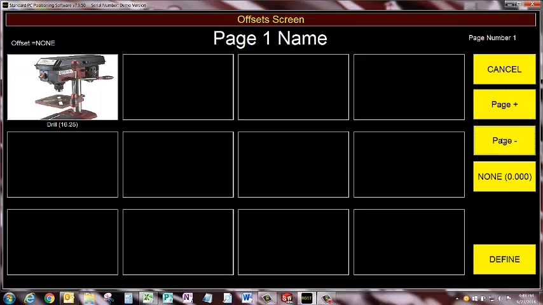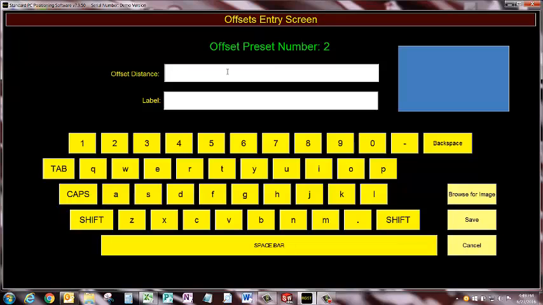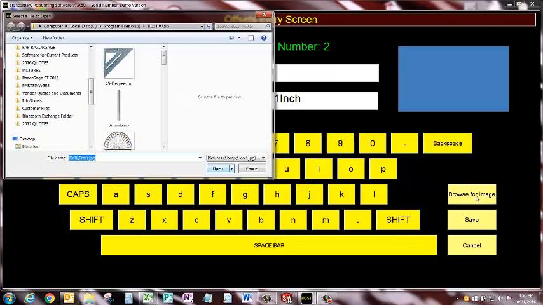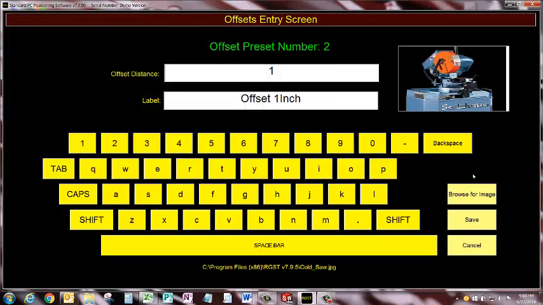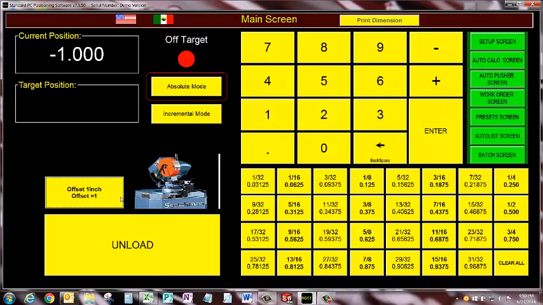And the way it works, the way you define them, is you just click Define and click a button, give it an offset distance, let's say 1, and label, we'll just call it offset 1 inch. And then we browse for an image, and you choose some image to put in there,